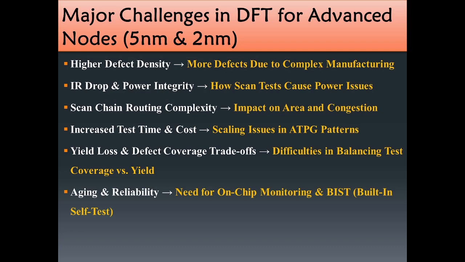Then there is yield loss and the defect coverage trade-off, which leads to difficulties in balancing test coverage versus yield. Achieving high defect coverage often requires more aggressive testing, which can lead to yield loss. Due to false positives or over-testing in advanced nodes, the trade-off between test coverage and yield becomes more pronounced. So DFT strategies must carefully balance these factors to maximize both the yield and the reliability. The last major challenge in DFT is aging and reliability,